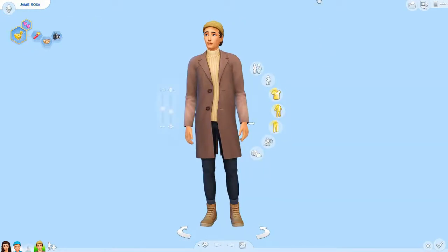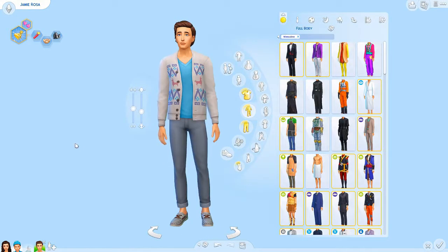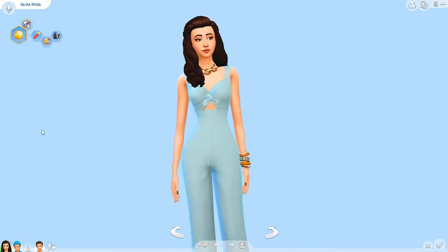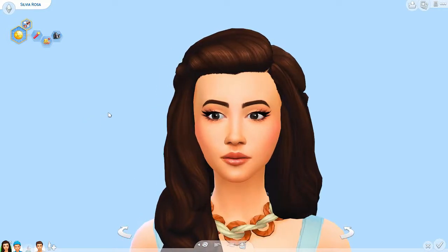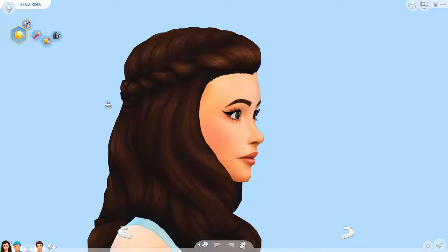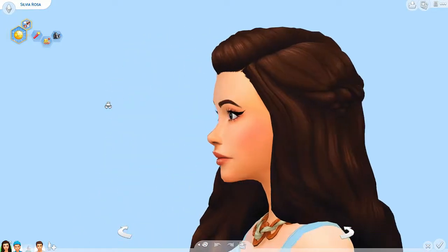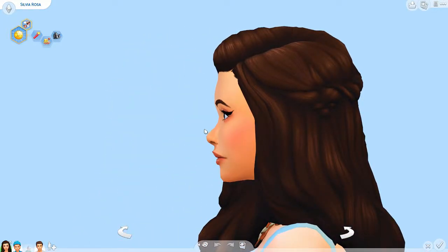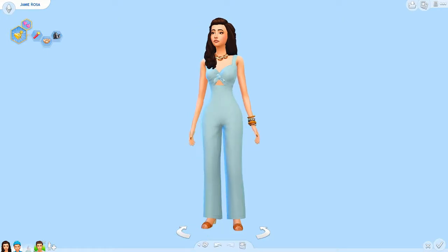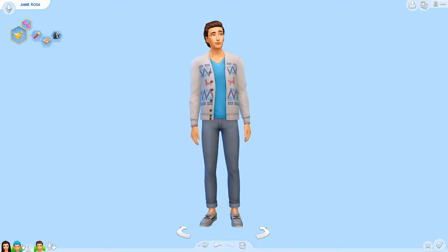So this is Jamie, and he ended up getting married to this girl, Sylvia, who is actually a goth. She was Sylvia Goth before this, but she was also adopted. Cassandra Goth ended up marrying a girl too, so... But look how freaking cute she is. I love her side profile. She looks like a little pixie with this nose. Anyway, they're actually both slobs, so their house is probably disgusting, but...